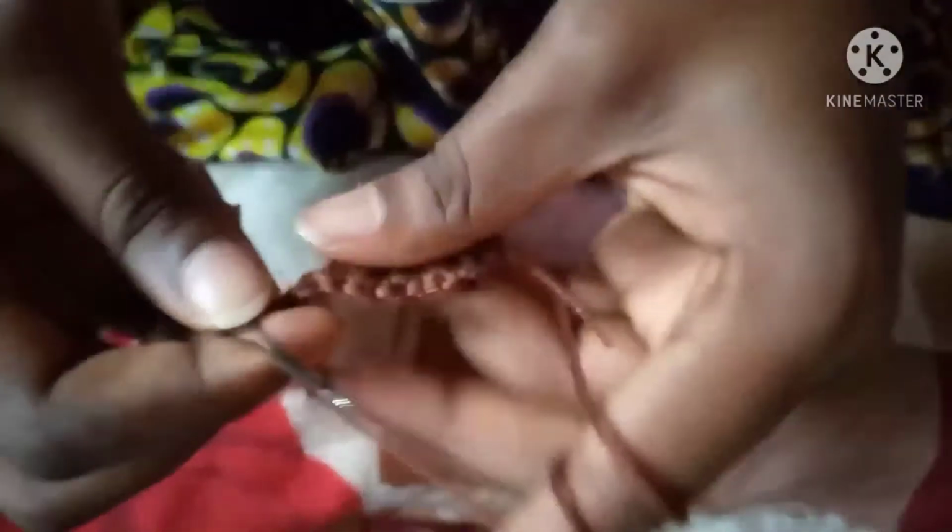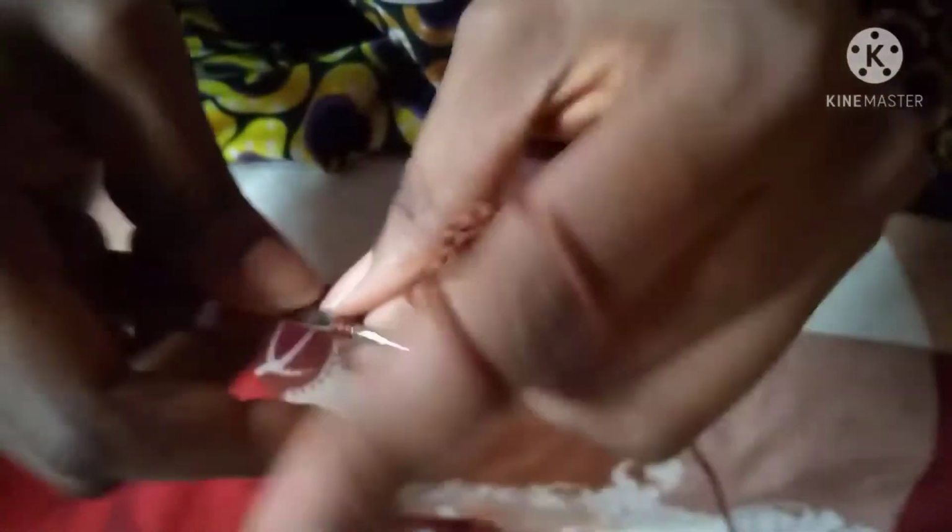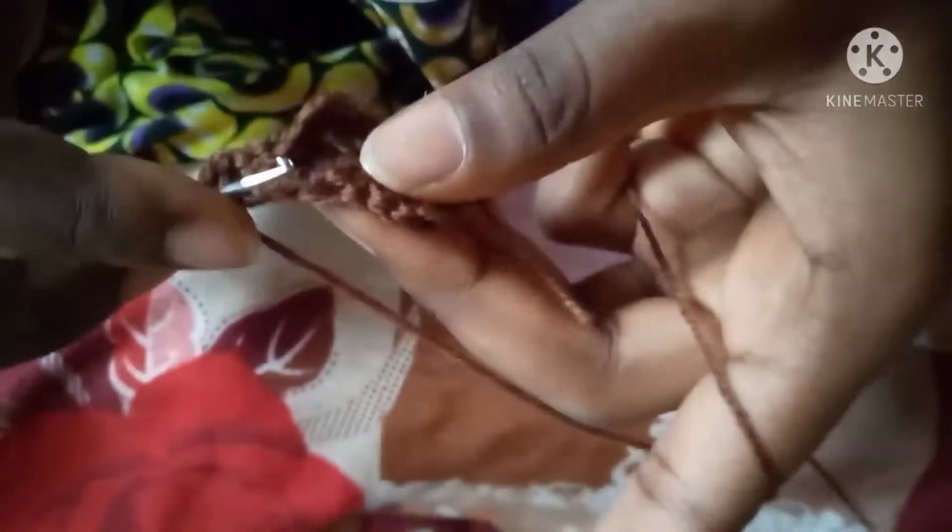For the last stitch, we're going to go through the back loop and insert a double crochet, then chain 2 and turn our work, and repeat the half double crochet in every stitch. So we'll just be alternating between the stitch. We'll do half double crochet in every stitch, then we'll do 1 double crochet in every stitch,